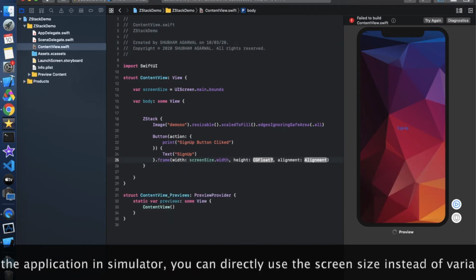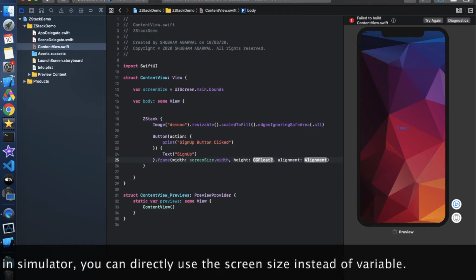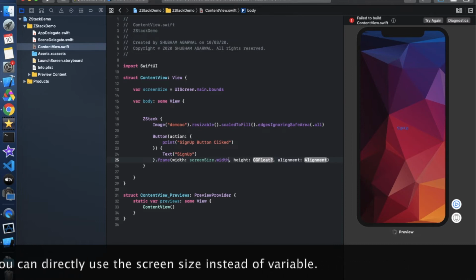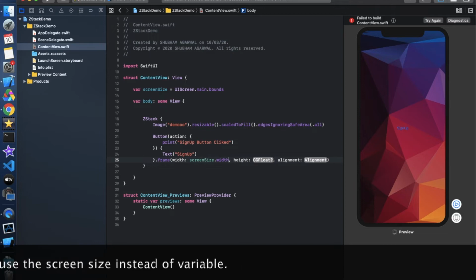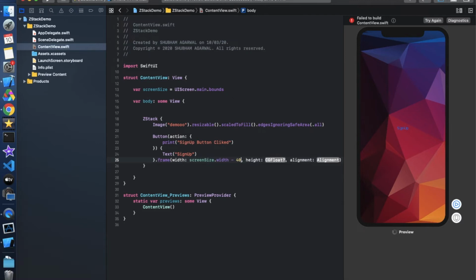If we provide this width to this button, then it will completely cover the whole width, but we want to reduce the width by 40 pixels. So there is 20 pixel space from the leading and 20 pixel space from the trailing, and we want to provide a height of 50 pixels, and we don't want to provide any kind of alignment.